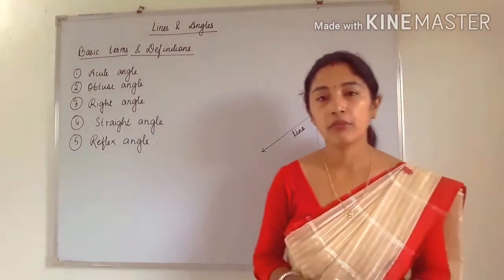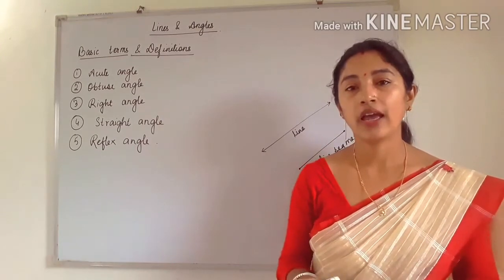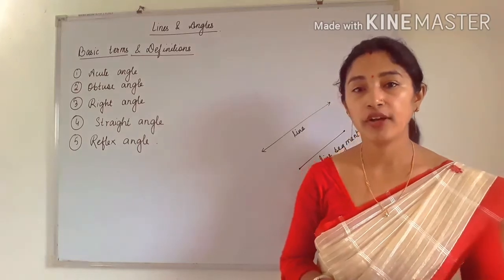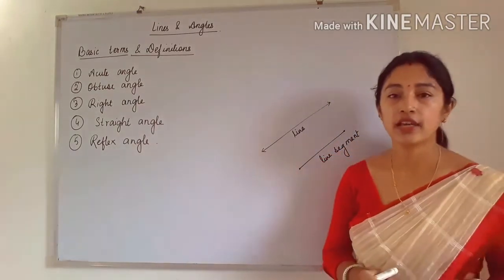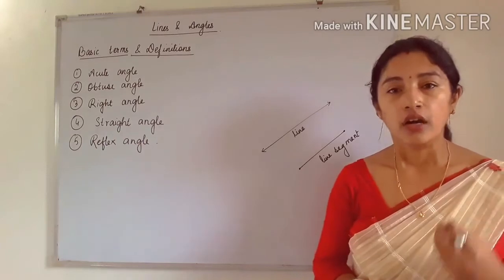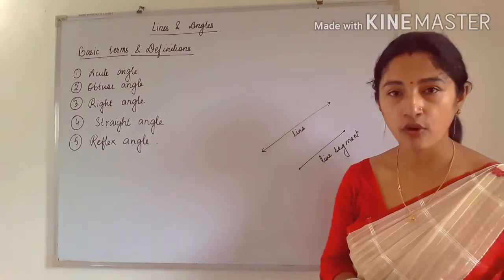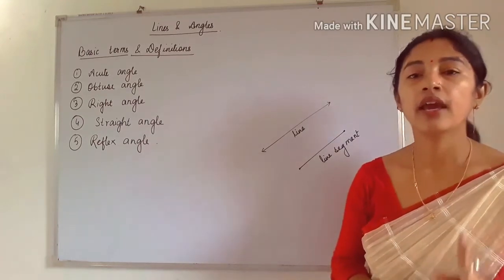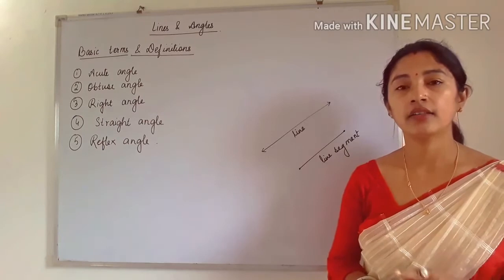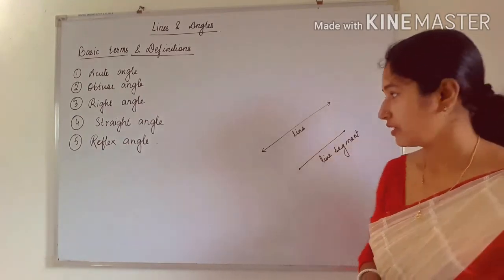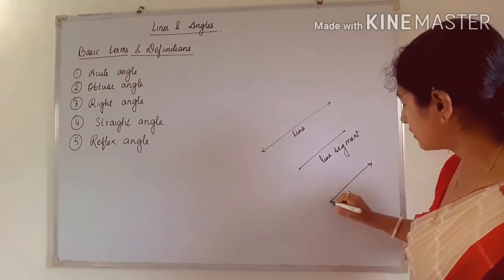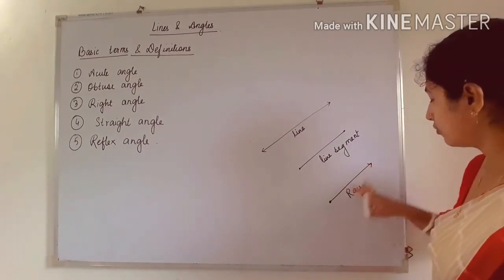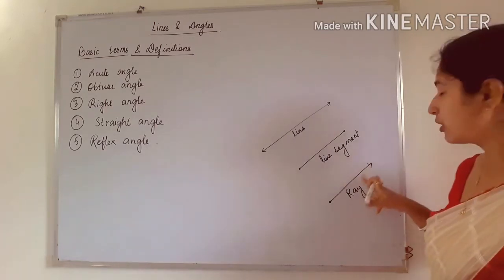So what do we mean by angle? When two lines joined, or we can say they share a common point, or we can say two line segments share a common point, then angle is formed. Okay, and you also know about ray. What are ray? Ray has only one end point. Okay, and the other side it will go endlessly. So ray can be represented by this way. So this is a ray. It has only one end point, and the other side will go endlessly.